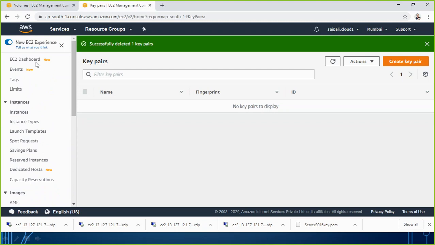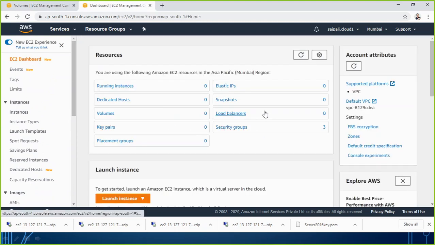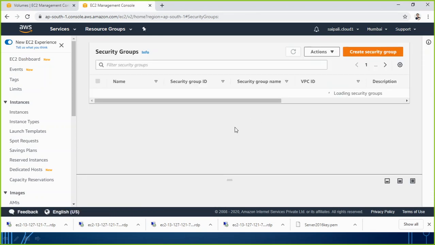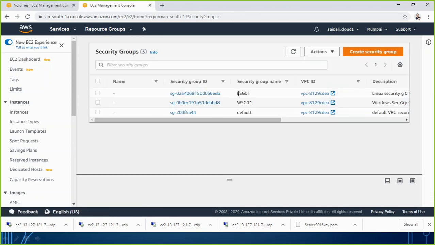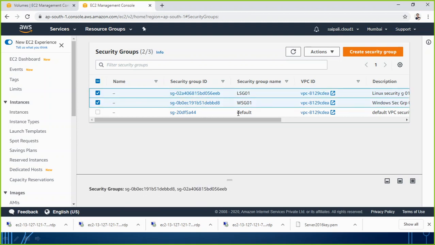Thereafter let's check what else is remaining there. Security group is still there, so let's go to security group, and two security groups we are the ones who created, Windows and Linux. So let me delete them. This was the default, I am leaving it there.